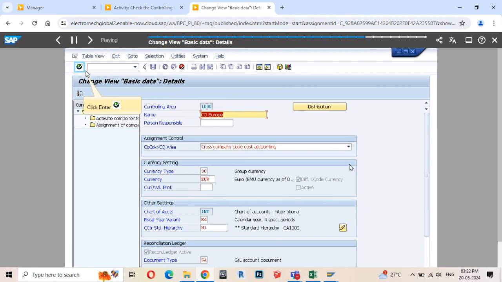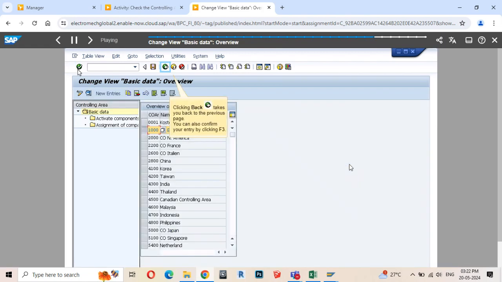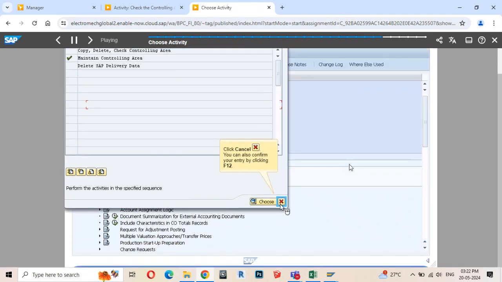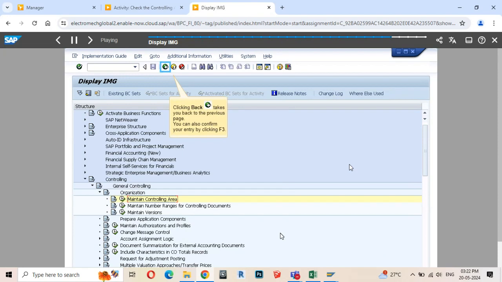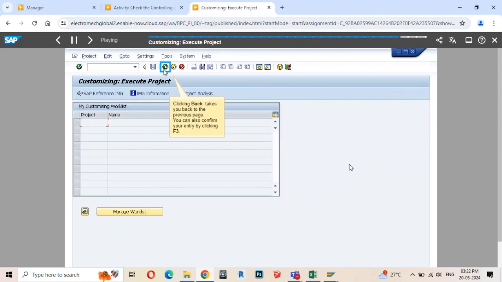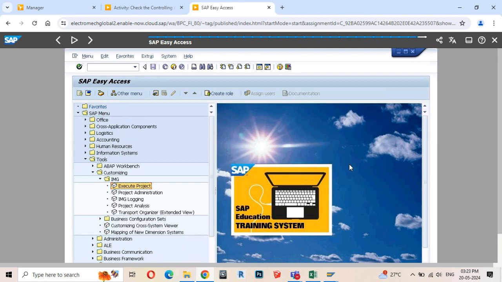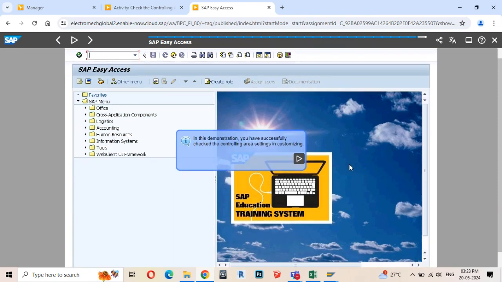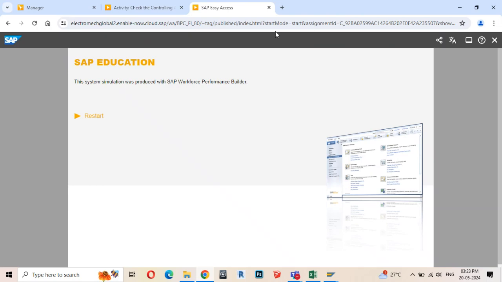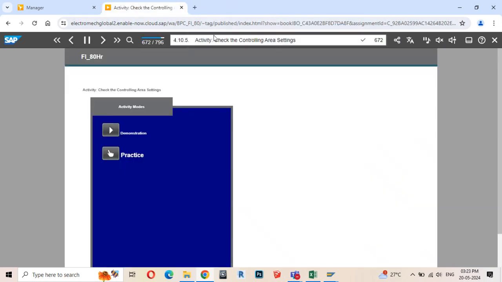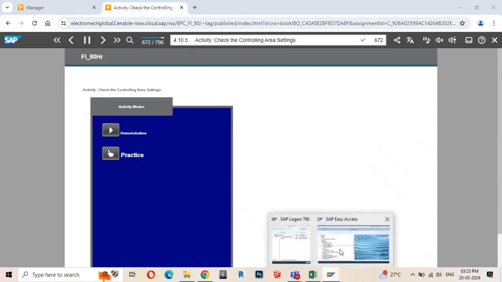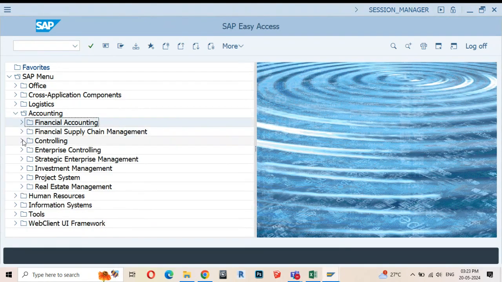So I'll explain what is this cross company code controlling. Okay. So just like you have your transactions between the sister concerns, you can also have the controlling area talking between two sister concerns, having the transactions between two sister concerns. And how will you enable them or disable them? You enable or disable them by